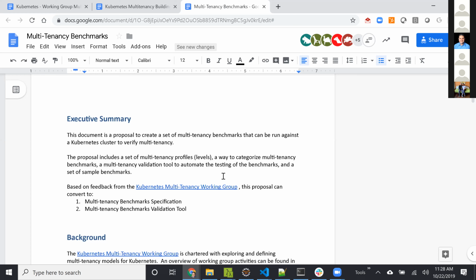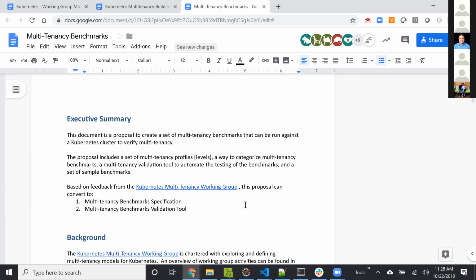It's not intended to be the final result; we have samples in here just to clarify thinking and get feedback. We didn't intend for this to be a document review, though everybody's free to comment on the document itself.